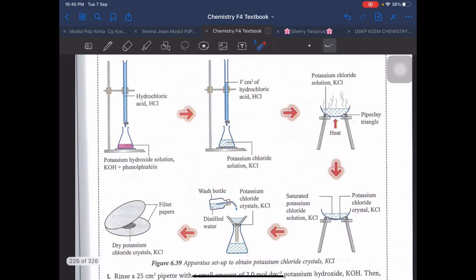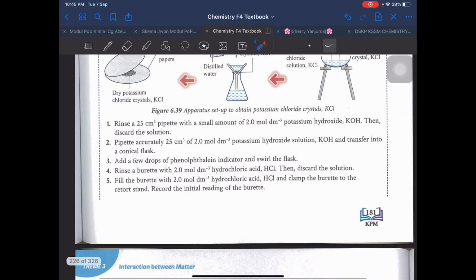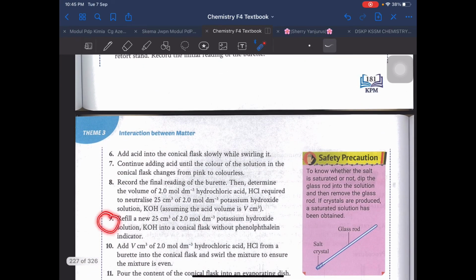Begini. Once you have the volume, kan tadi tu penuh. And then after you titrate, you will see that your volume is decreasing. So you need to check berapa banyak yang diperlukan untuk kasih neutral this alkali solution. Begitu. Okay? And then number 9, refill a new 25 cubic centimeter of potassium hydroxide into a conical flask without